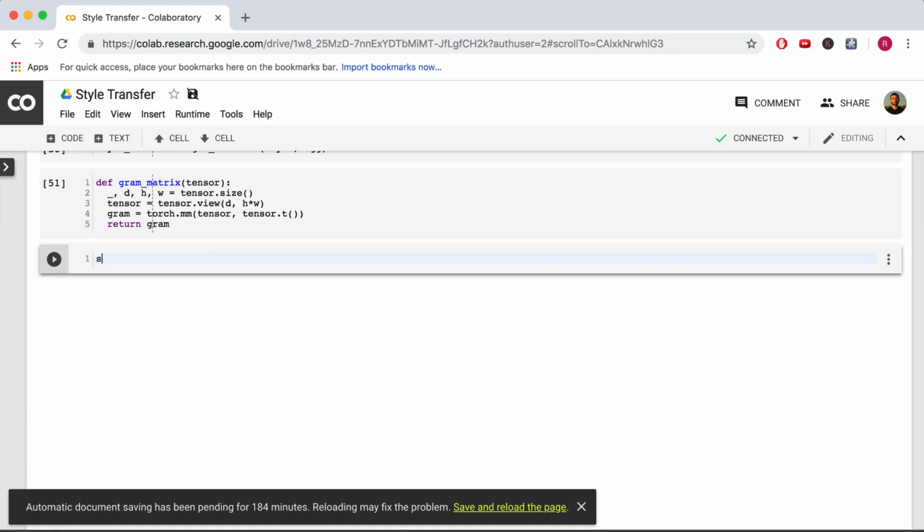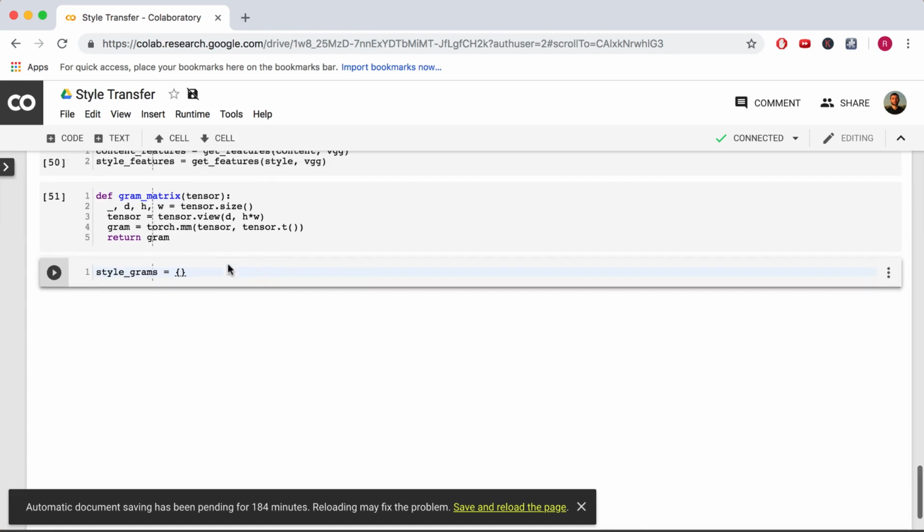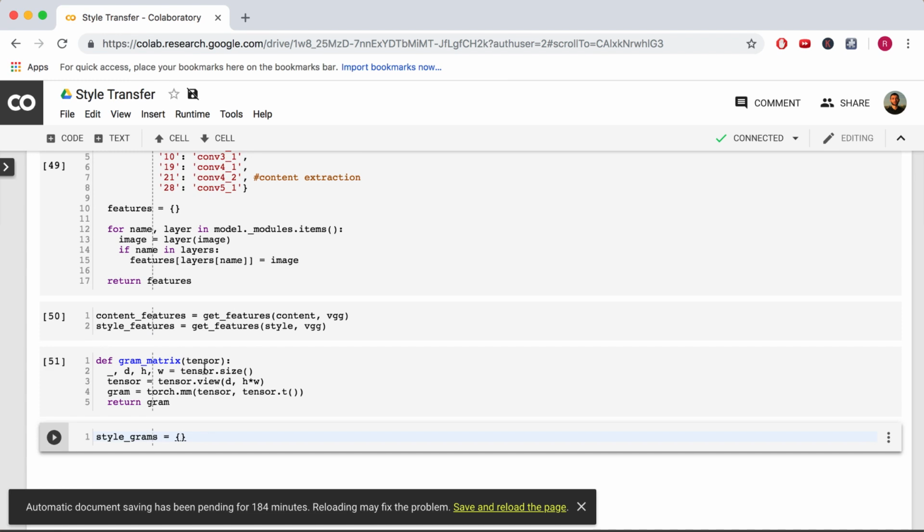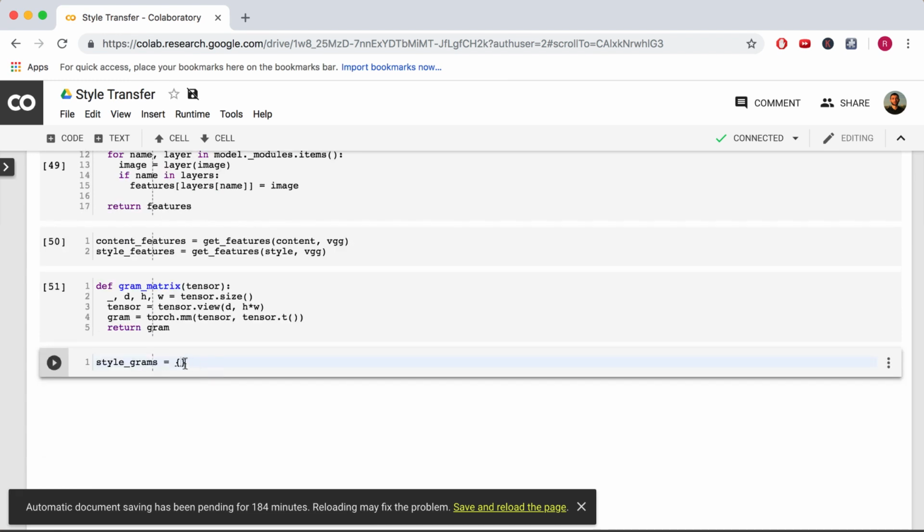So we create a dictionary called style_grams, and we are going to map each layer to the Gram matrix of its corresponding feature. So the key for our dictionary is going to be the specific layer, while the value is going to contain the Gram matrix of the respective style features